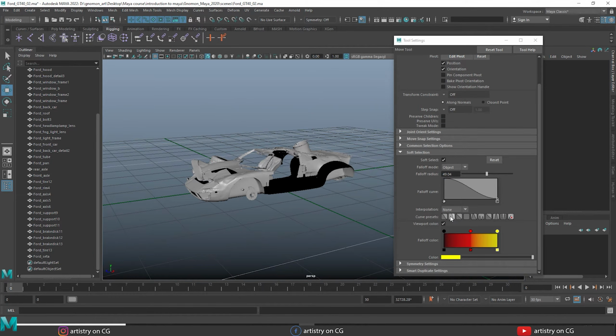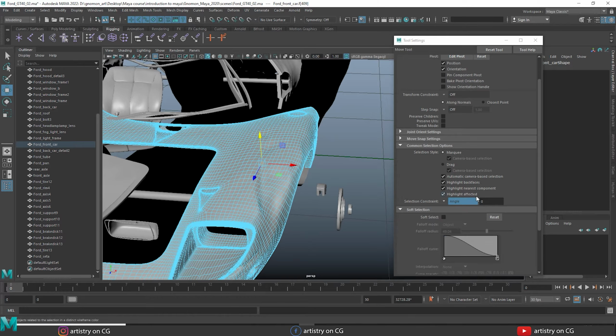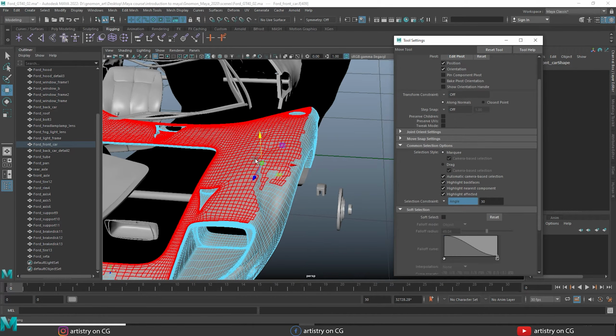Now I check more move tool options here. Let's open this common selection options and set the selection constraint. I set this to angle and right click over the face of the model, and you can see it highlights these faces here, and the angle of selection is set to 5 degrees. So it selects everything within this 5 degree angle.